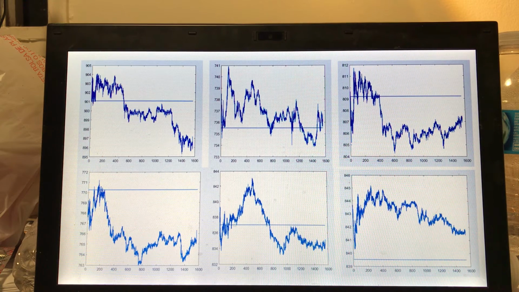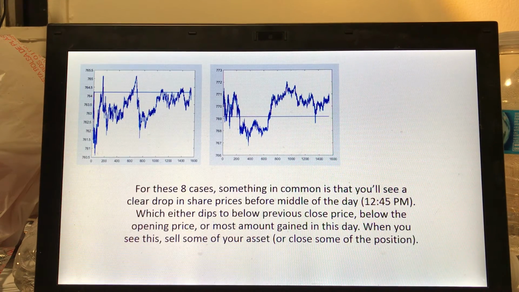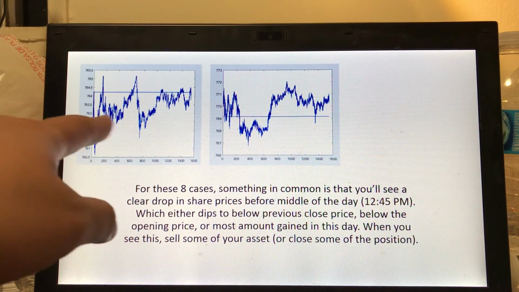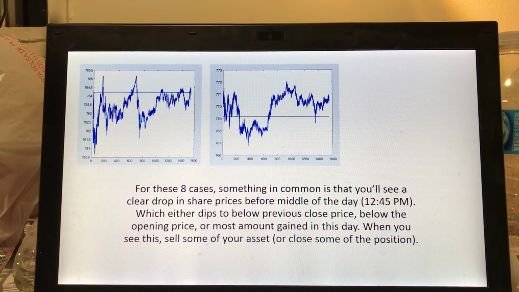a very troublesome event. And also, in each of the cases, none of the stocks ended up closing with more than a 1% drop from the previous day's closing price. So, as long as you don't have a very large position in your portfolio in this stock, it shouldn't have a big impact on your portfolio value. Please take a look at these 8 cases. These 2 are even more unpredictable.